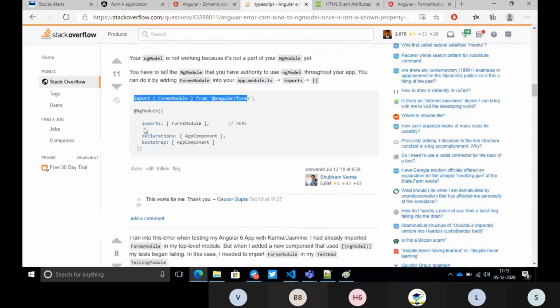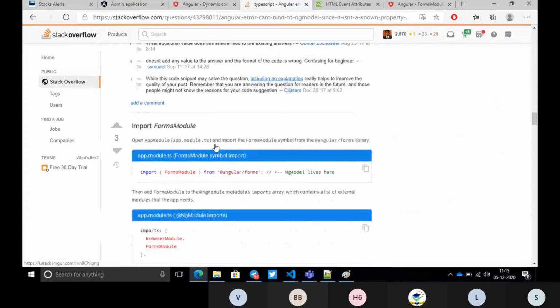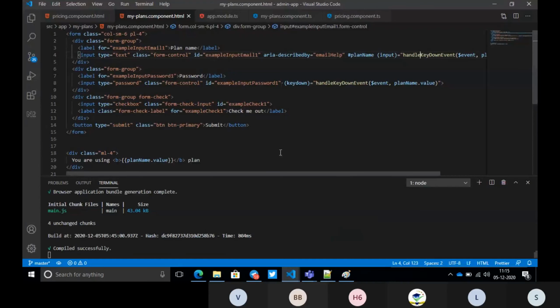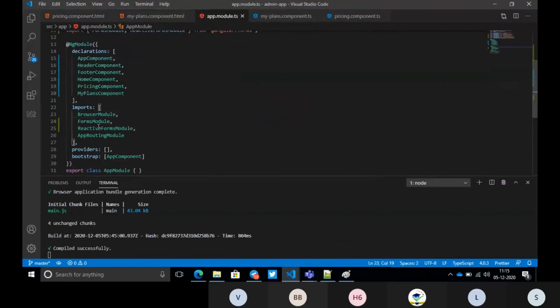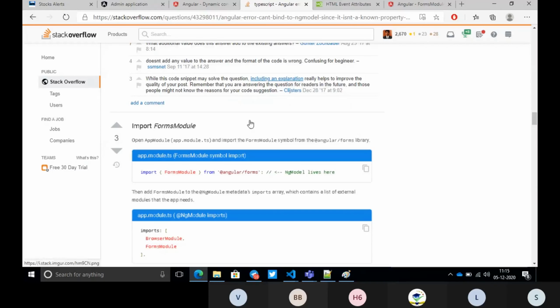Just need to see why this is not working. Import registration. Okay, and let's give another try. Where is this model coming from? Forms model. It is coming from Angular forms only. Okay, that is correct.